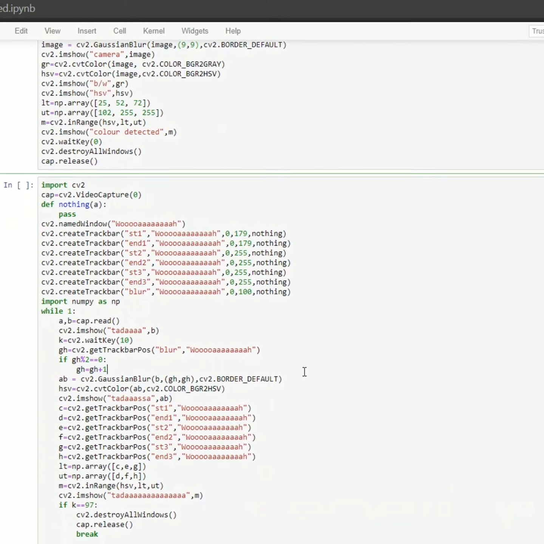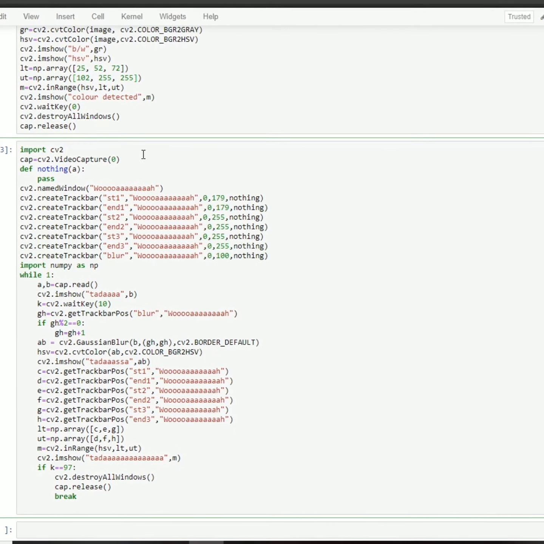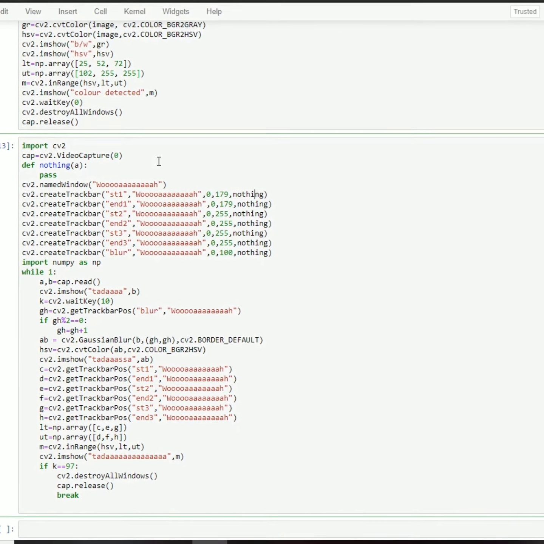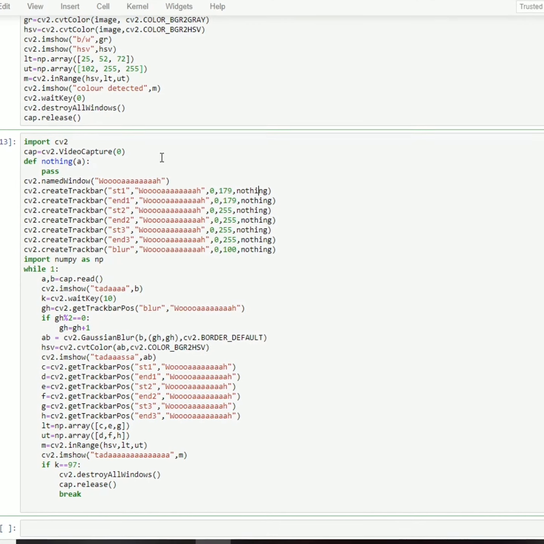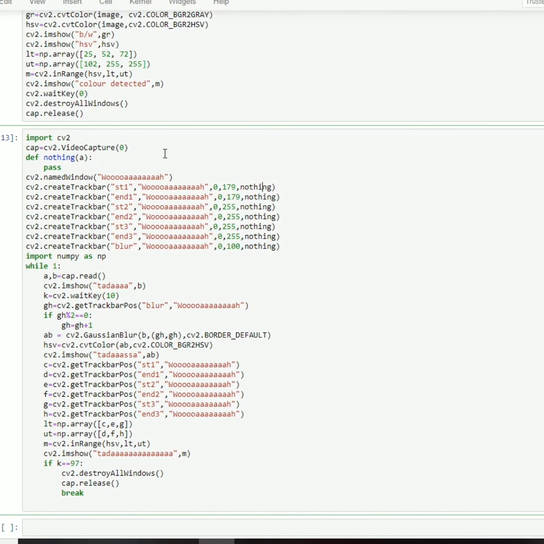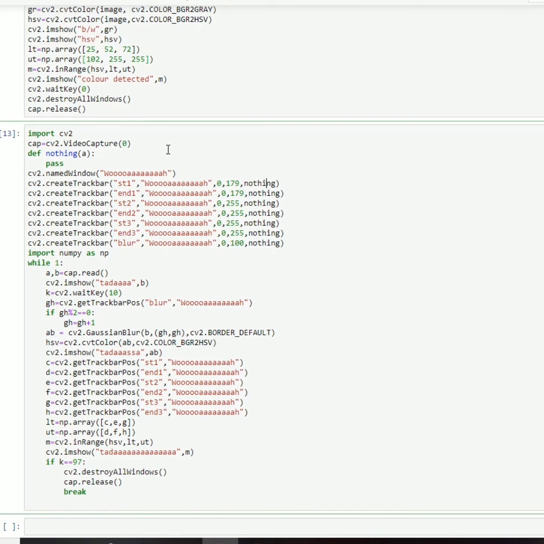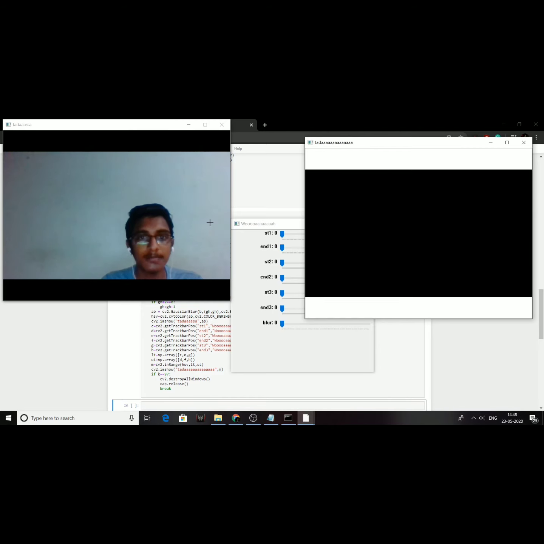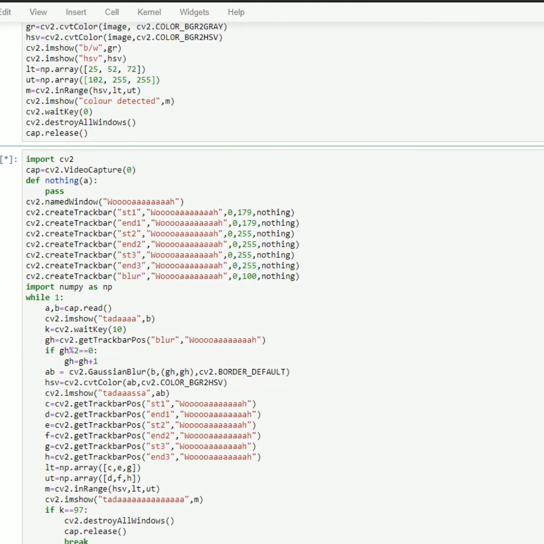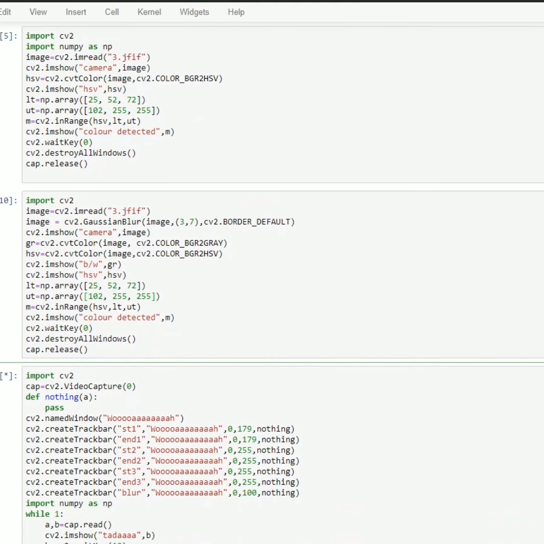So look at this code. This is the shortcut way to define the threshold limits. First I will show you the demo of this program so that it will be easy for you to understand what it is and what it's actually doing. So hi again. This is a yellow box, right? Now I want to color track this box. So what will I do? When I want to detect a color, what are the major things which are necessary?